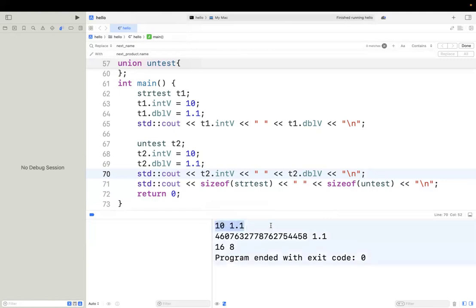So as you can see, the first one, T1.int value is 10, T1.double value is 1.1, right? Second one, T2.int value is some weird number, T2.double value is 1.1, right? So the reason for this is: